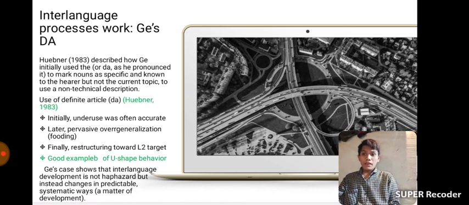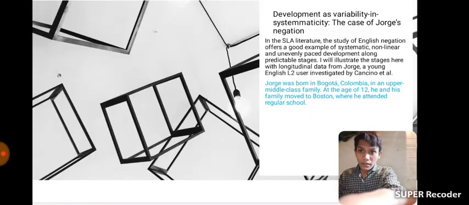Initially, underuse was often accurate, rather purposive. Then overgeneralization, flooding. Finally, restructuring toward the L2 target. And last is a good example of U-shaped behavior. Here also this case shows that interlanguage development is not haphazard, but instead changes in predictable systematic ways, a matter of development. Next,